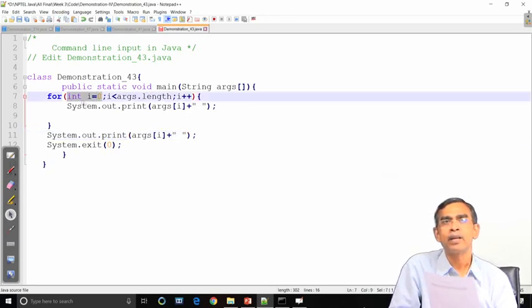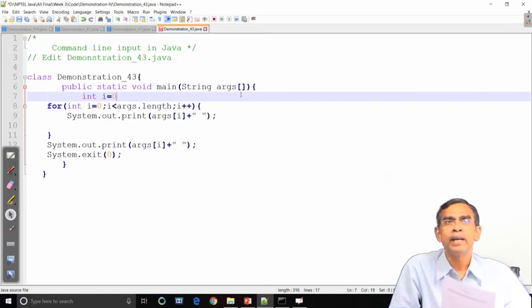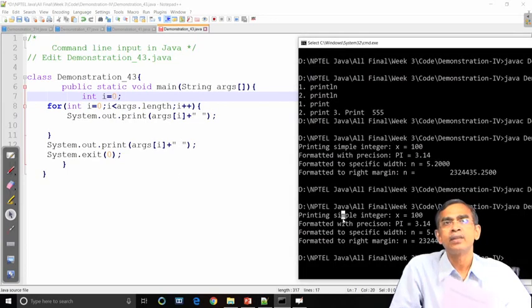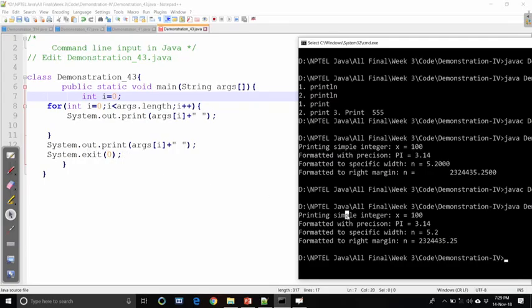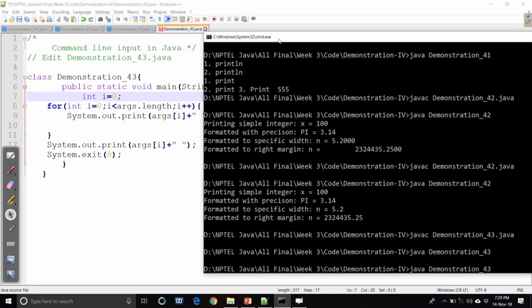The program can be called with input, and those inputs will be passed to these objects. So, let us execute this program, with int i equals 0. Okay, run.